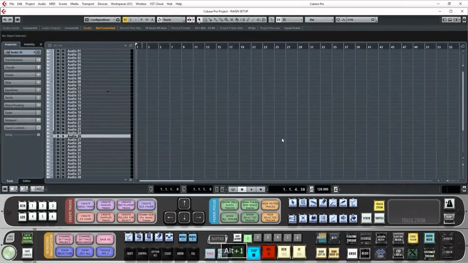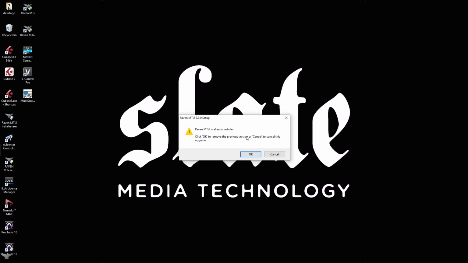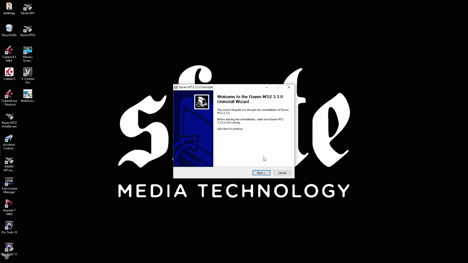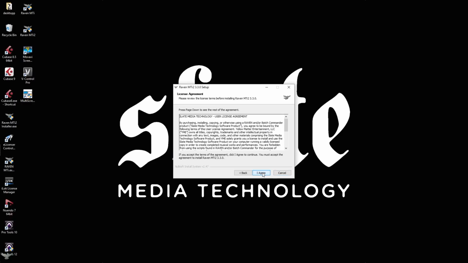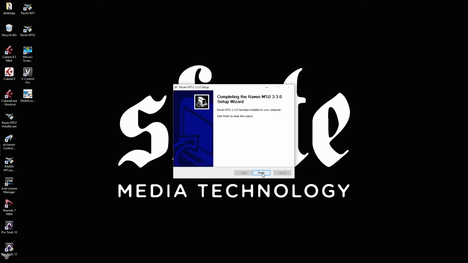If these workspaces are not showing, it is possible the presets folder has not been created in the Cubase preferences on this system, so the Raven installer was unable to add them in the correct place. To add manually, first create a test workspace to create the presets folder, close down Cubase, and then reinstall the workspaces from the Raven installer. Open the Raven installer and hit OK. Then, instead of running the uninstaller, click Cancel to go to the next step. Now in the checkbox, only select Window Layouts. Now Raven will add the workspaces in the correct folder.